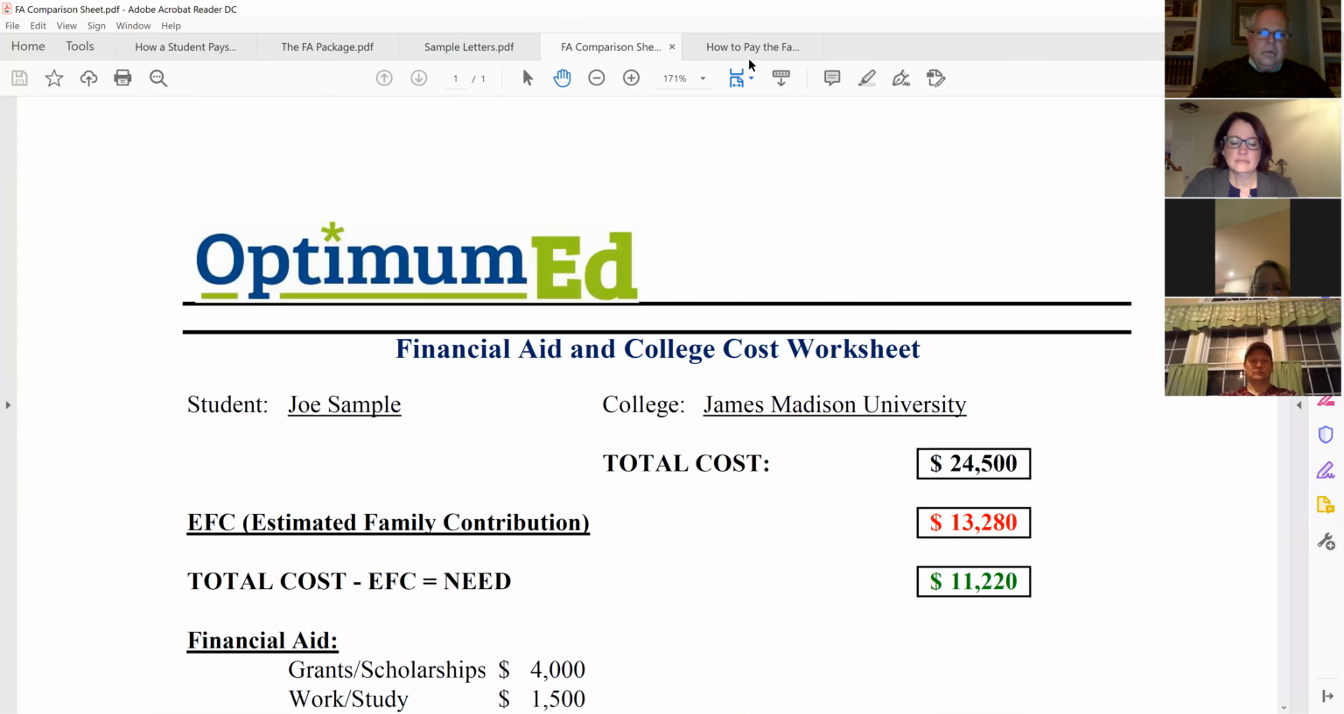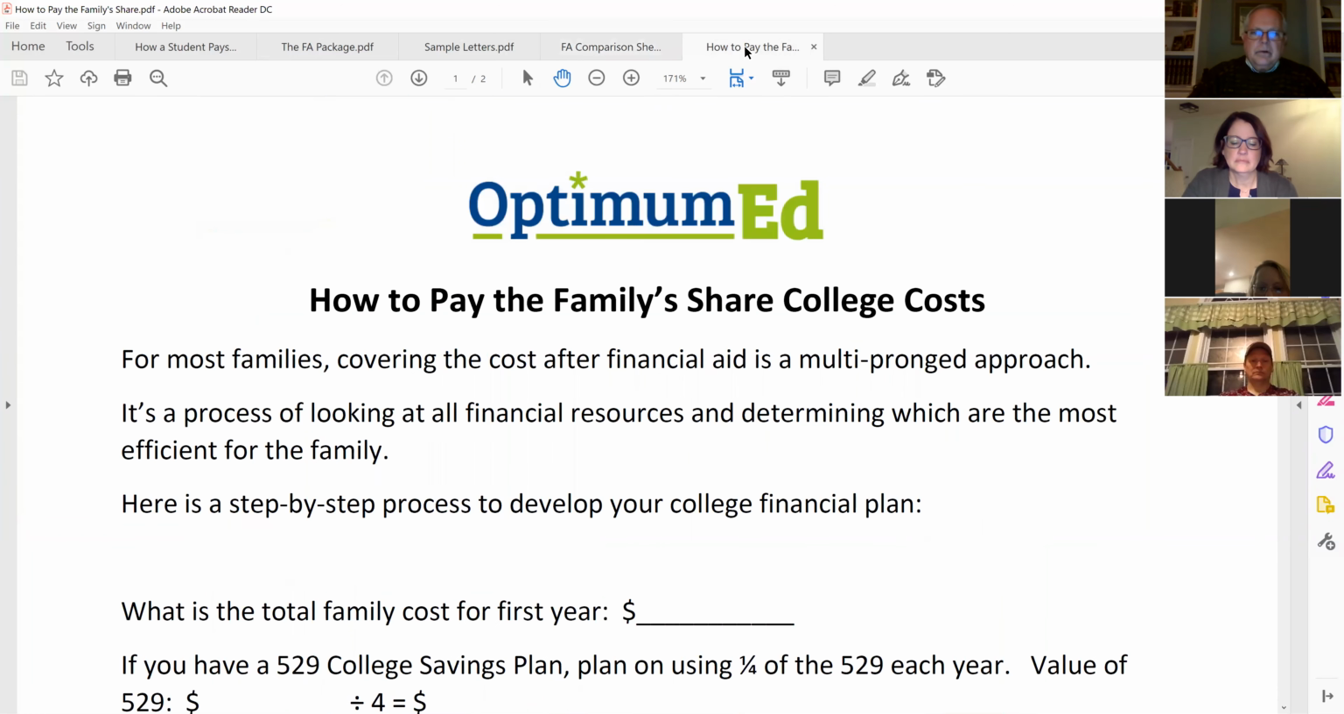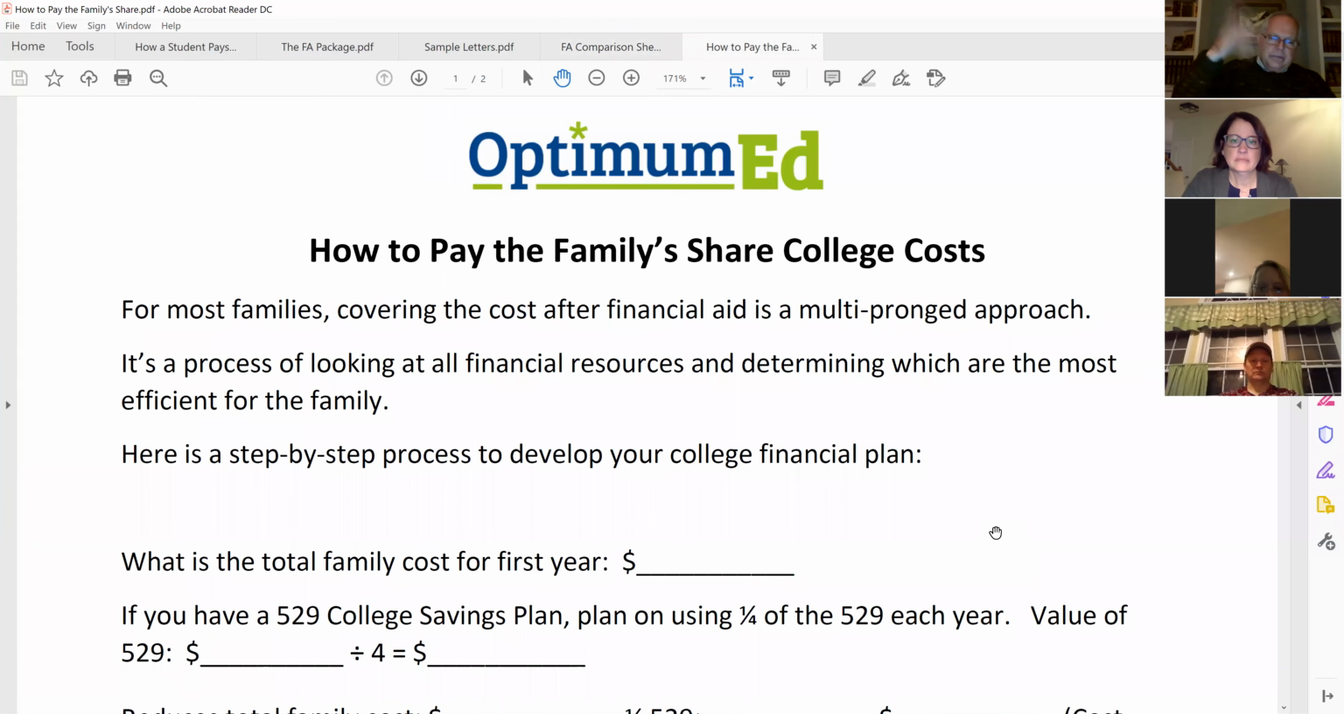Okay, well, if you go to our website, there is a form under the forms. Actually, it's under the paying for college tab. There's a thing that says how to pay the family's share. It's kind of a tutorial that takes you through steps of determining how to pay for your share of